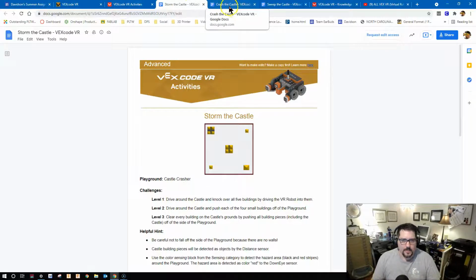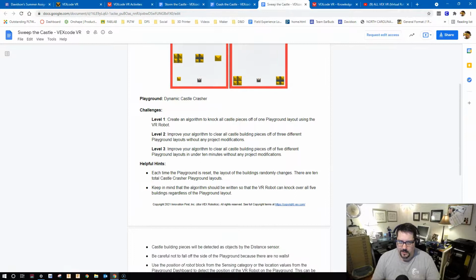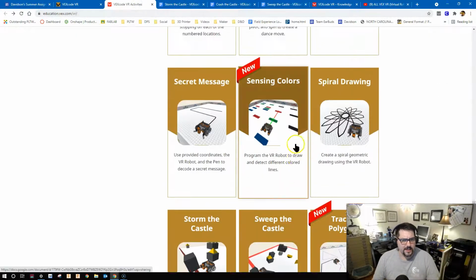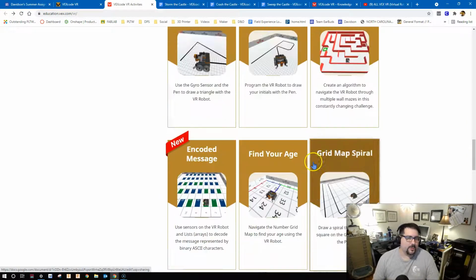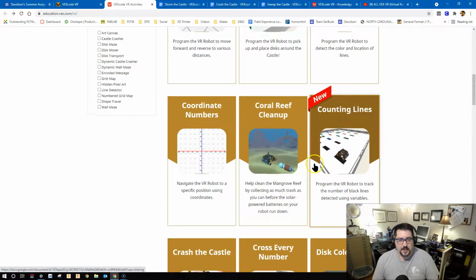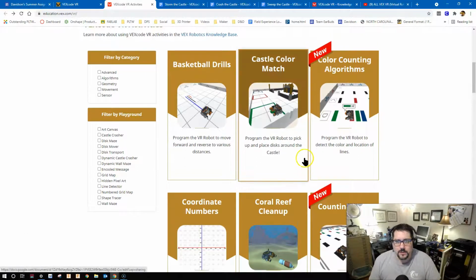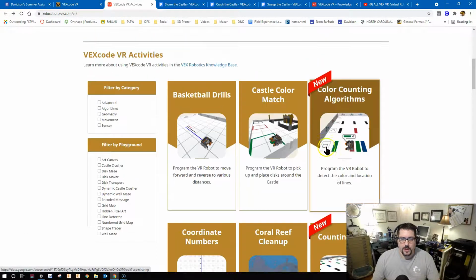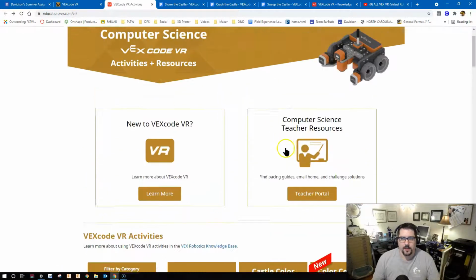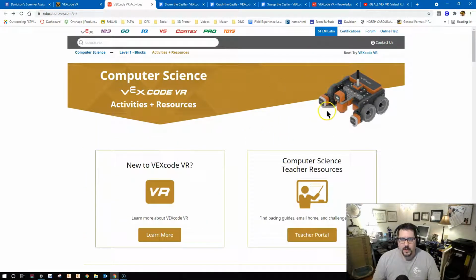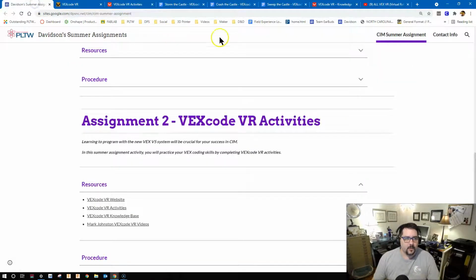So again, that's Storm the Castle, Crash the Castle, and Sweep the Castle. All of these are very similar to each other, and they move up in progression of difficulty as you work on them. So these are the activities if you need to get to them, or if when you're done with those 3, you want to go beyond this because this is your jam and you want to work on this a little more, you're more than welcome to, and this is where you can access a lot of those different activities to help you out with learning VEXcode a little bit better. We will be using a lot of VEXcode for some of the assignments that we have to do in CIM